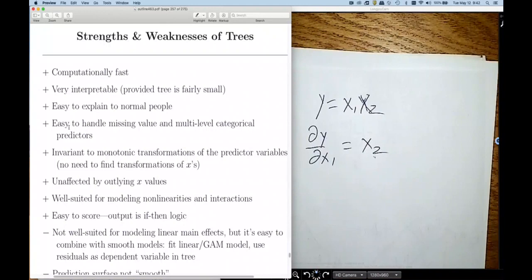I think another plus is the way it handles multi-level categorical variables. I hinted at this earlier when we did the defaulting customer case, and that one had a predictor variable that was categorical. It was the payment status, and it took 4 different values. And the way trees handle that is they separate some values and push them to the right-hand side of the tree, other values to the left-hand side of the tree,